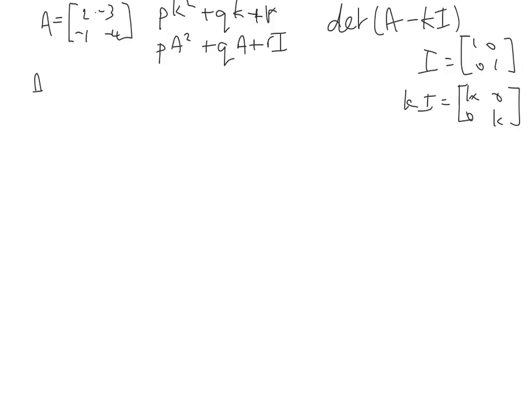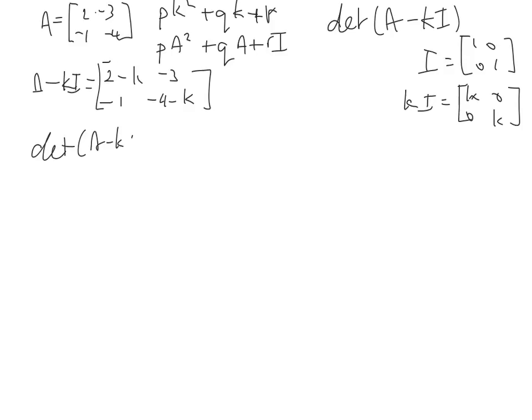So A minus kI equals 2 minus k, negative 3 minus 0, negative 1 minus 0, and negative 4 minus k. So that's what we have there. Then our determinant of A minus kI